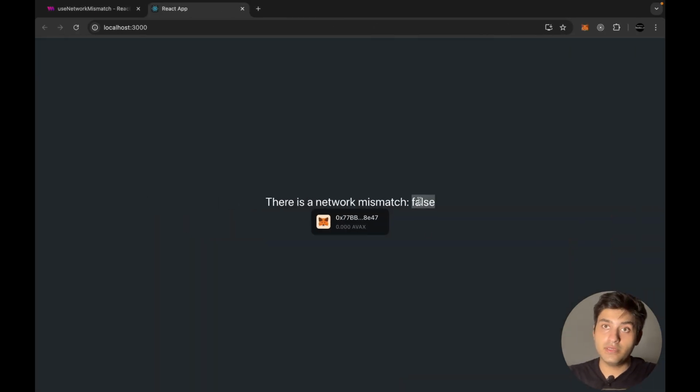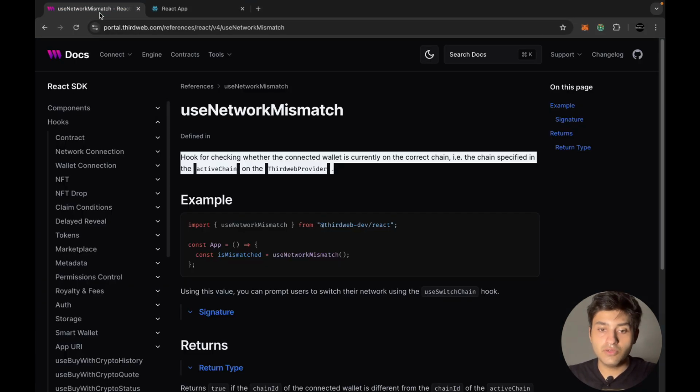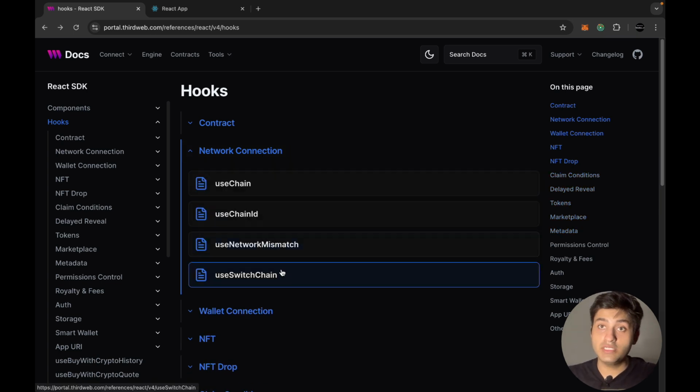Boom, it returns false. So you can use this value that you're getting using the useNetworkMismatch hook to perform a bunch of actions. Which brings me to the next hook that we are covering, which is useSwitchChain. Now, useSwitchChain is extremely useful when you're trying to programmatically switch the user's chain, because a lot of times you